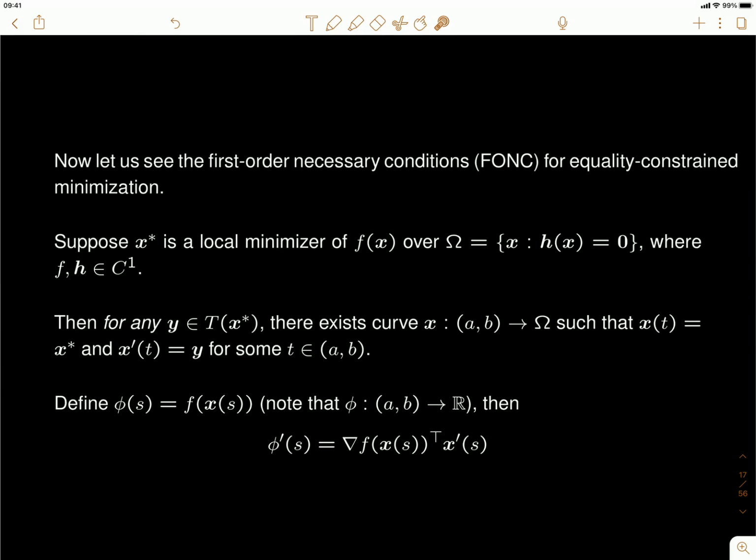Okay, now let's go back to the optimization part. So with the geometry we said earlier, say now we're considering the minimization of a function f over this feasible set specified by this equality constraint h(x) equals 0. Then let's say that if we have a local minimizer of this function, what this local minimizer should satisfy. And that is, we're going to consider the first order necessary condition, as we did